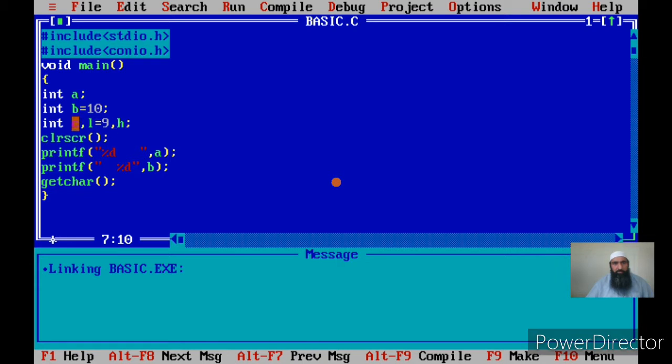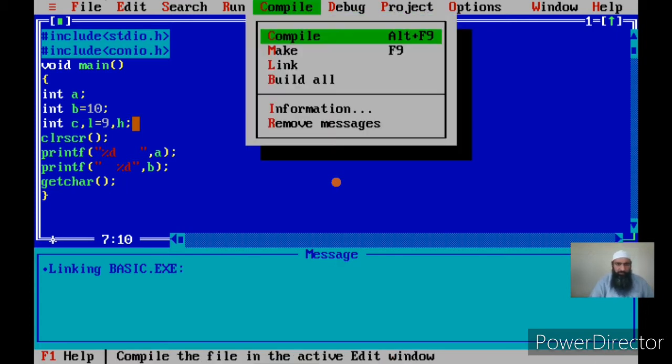So for all the variables that can be created in a declarative statement, you can give value to them, or you can give value to some of them, or you can give value to none of them. That is your choice, and as per your requirements you can do that. But you have this option available that you can give the value to a variable.